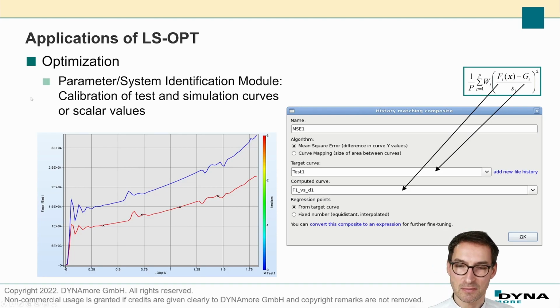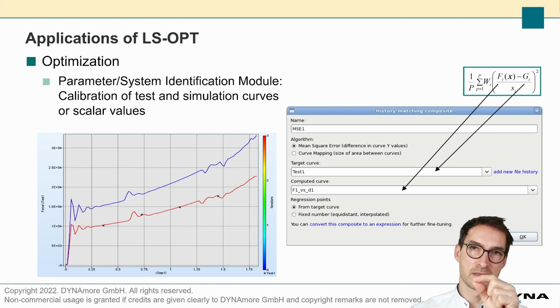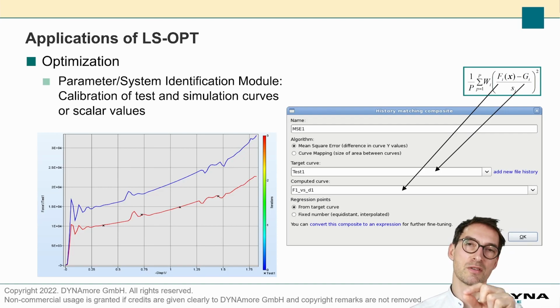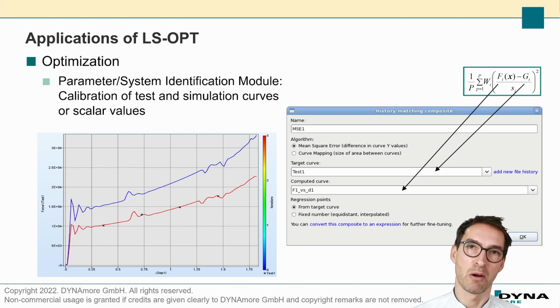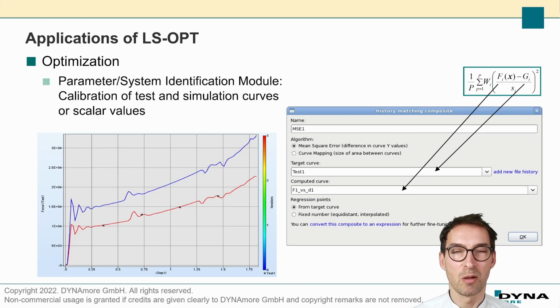And of course, you can do this all by hand. You can run a simulation, you can extract the data points. For this displacement, I have this force, for this displacement, I have this force, and then use some error function, mean square error function, do it all by hand, or you can reuse an existing function in LS-OPT,